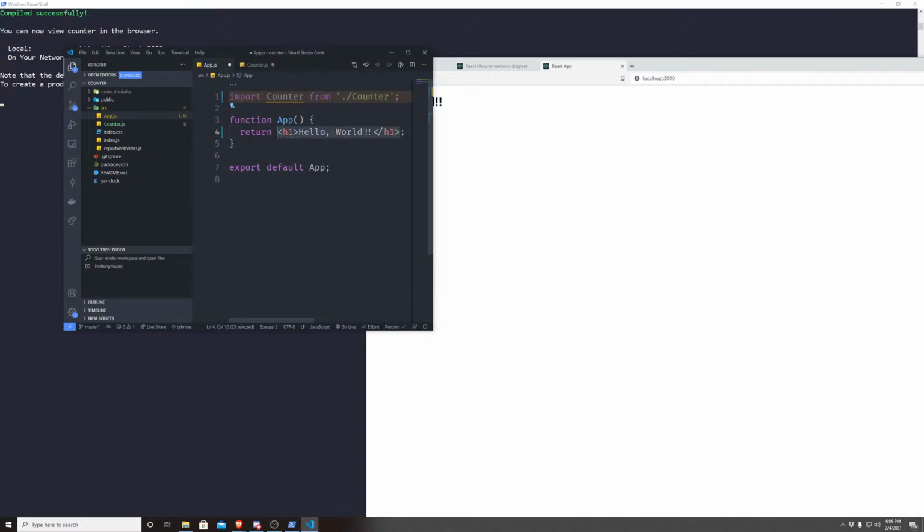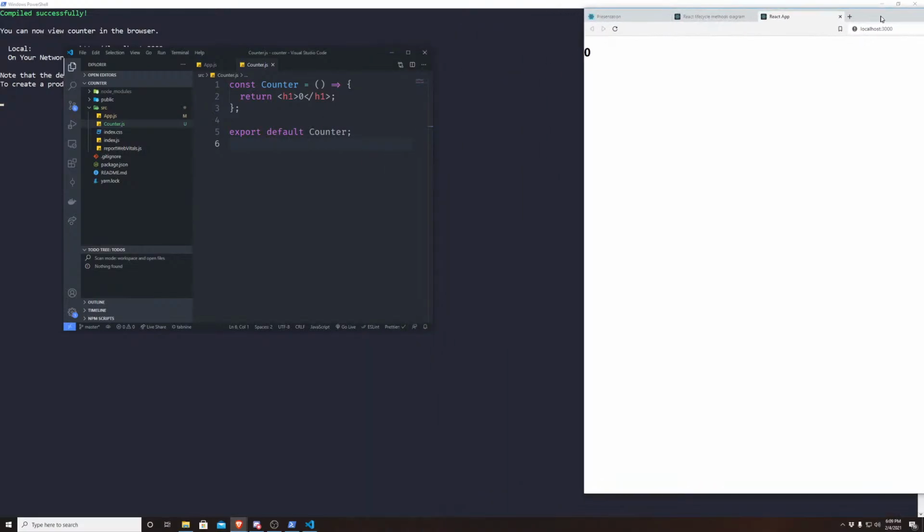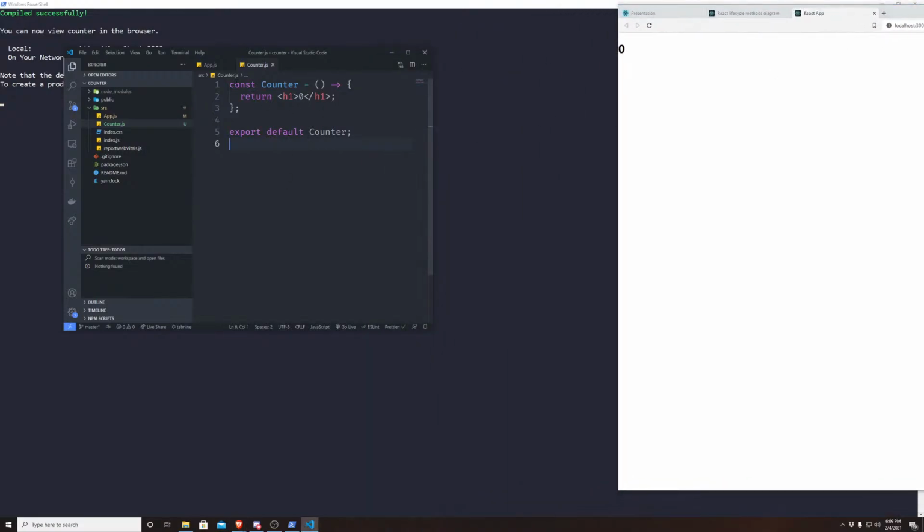And now instead of rendering this, we're just going to render our counter, which when we save this here, see it just renders 0. So we have our counter running. I'll move this over here a little bit. And now we're going to set up the state like we did before. So I didn't show the import statements, but you do need to use import statements. So we'll use state from React